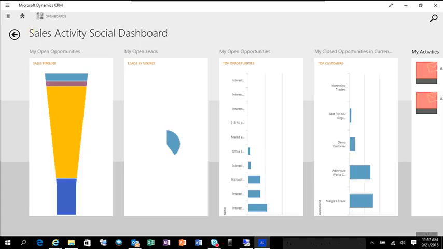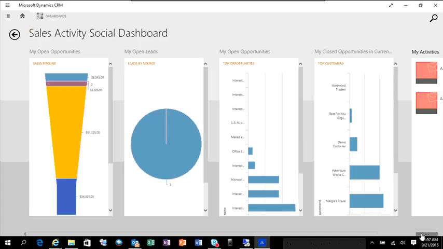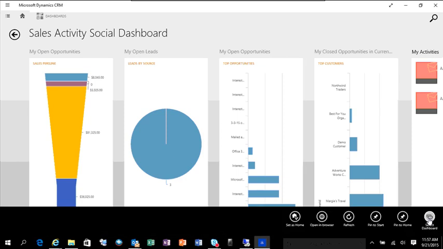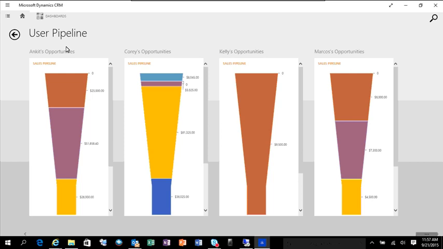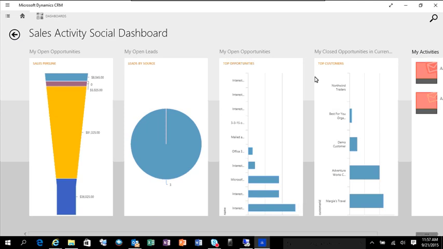All the dashboards that you have access to, you can make them available for the mobile client. If I click on select dashboard, I can see all the dashboards that I've made available right now. These are the same dashboards that are in the web client as well. If I want to see a user, here's a list of user pipeline, a custom one I did for a different demo. But again, just showing you that you don't lose functionality. You've got the main functionality that you need in a mobile app on a smaller device,